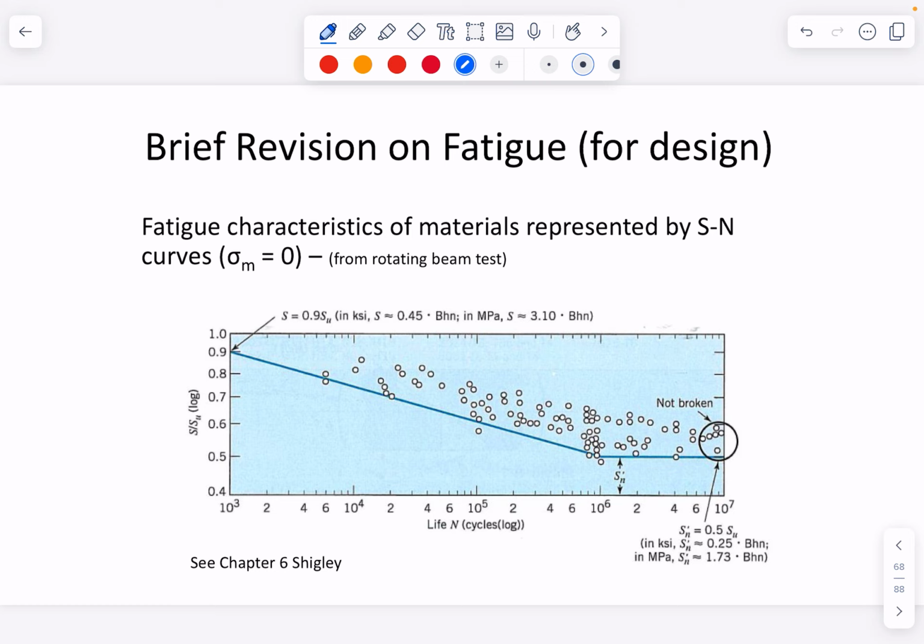Just a bit of revision, you would have come across this sort of diagram in second year. This is a rotating beam, and it's a very clever little design. But this is all super finished, lovely polished, and the machine actually puts a bending moment in this thing as it rotates without putting in a shear load, which is pretty clever. So it's a pure bending test, and from that you get all of these points that make up the fatigue